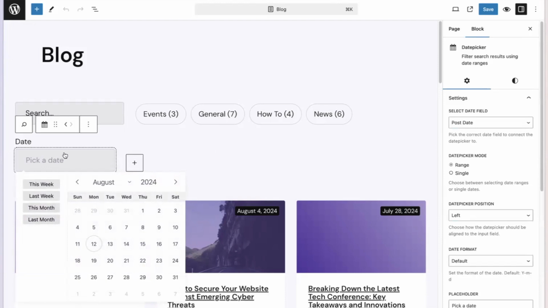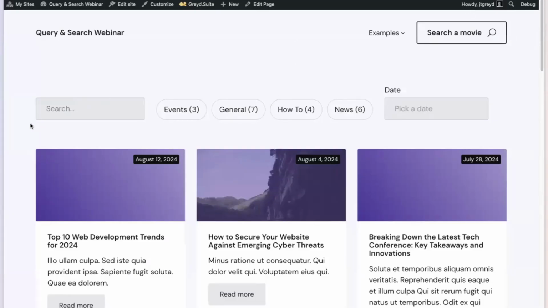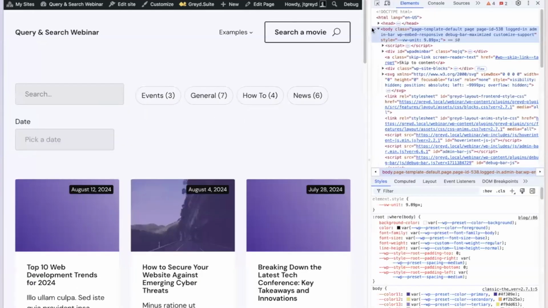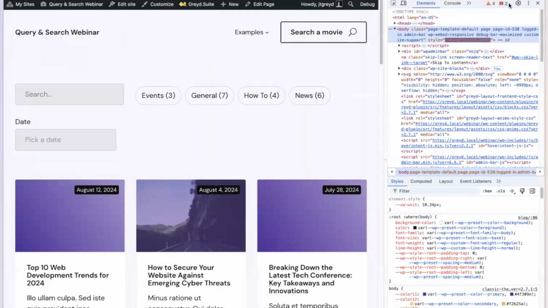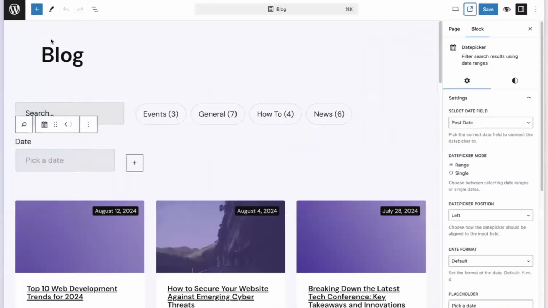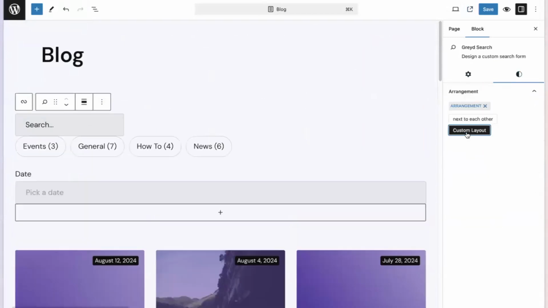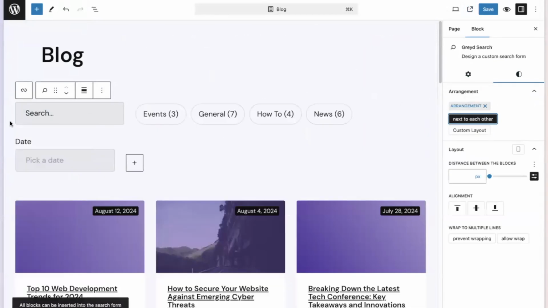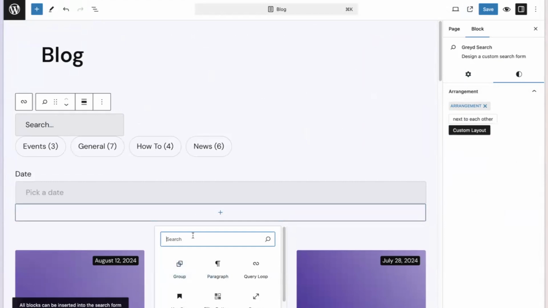And next up, I want to talk a little bit more about the functionalities you have in here to actually customize your layout. Because now, if you take a look at the blog page we created, this doesn't really look too nice. And if I even go to responsive breakpoints, you can see, okay, yeah, this behavior is okay-ish, but not really great. So let's focus on a capability that has always been there, but now is even more important, and that is custom layout. By default, next to each other means they are all in the same row pretty much, similar to the row block, and custom layout now lets you include whatever block you like.